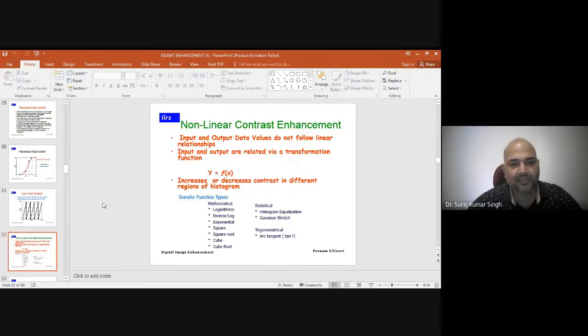So now, non-linear histogram enhancement. The basic difference is when you're performing a non-linear contrast enhancement, the original values of the satellite image many times change. If it happens many times, the features do get generalized, do get changed at some places.